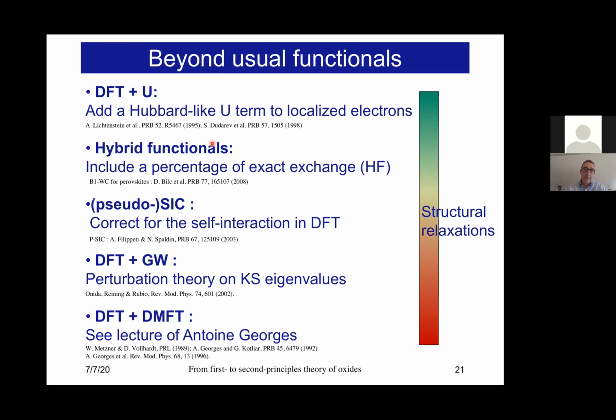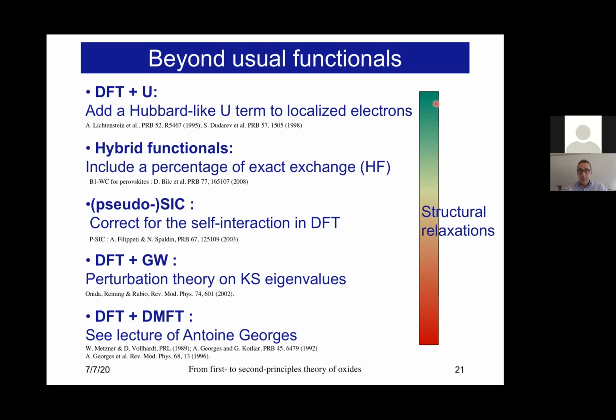I would say when you go in this direction of going beyond the usual functionals like DFT plus U or hybrid functional, automatically you have some kind of free parameters in your calculation. So it's no more, you would say, first principles. But then sometimes there are some specific ways to determine what should be the self-consistent value of these parameters. And that's what we try to do. In this case, we have a U parameter. In this case, we have a mixing parameter, and we need to adjust that to something that we believe is